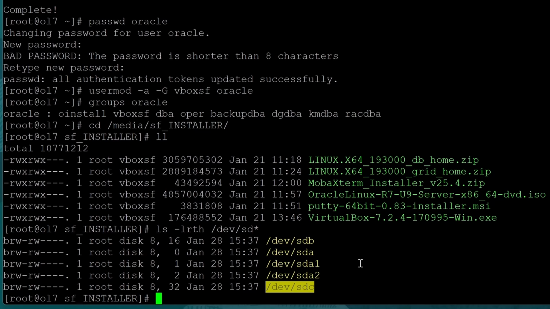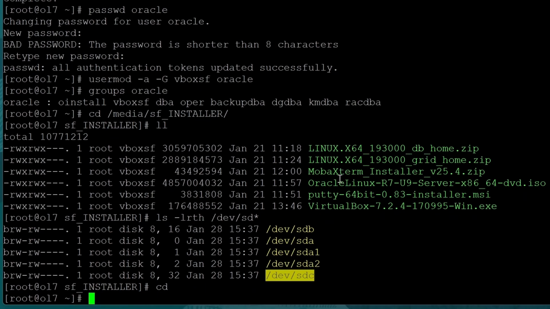So what we can do is format these and mount them to our folders. For example, if we wanted to create /u02 and /u03, and then mount the formatted disks, this one to u02 and this one to u03, we can do that.